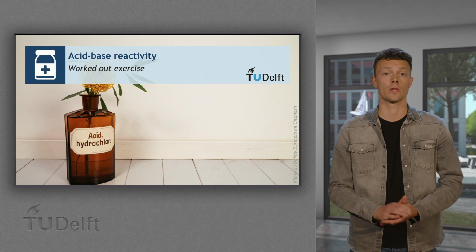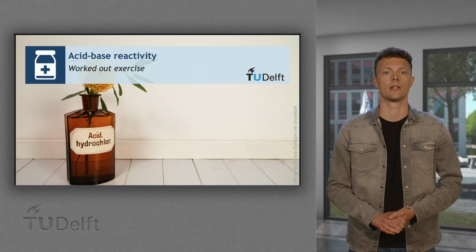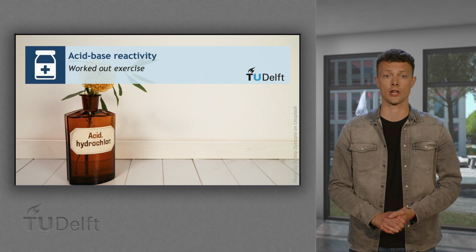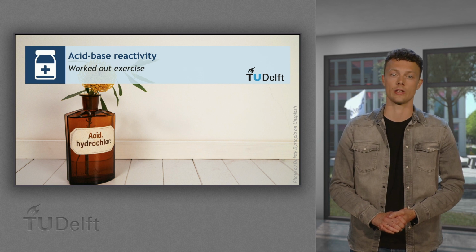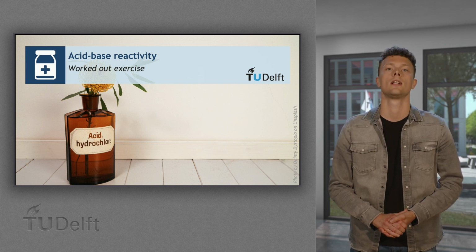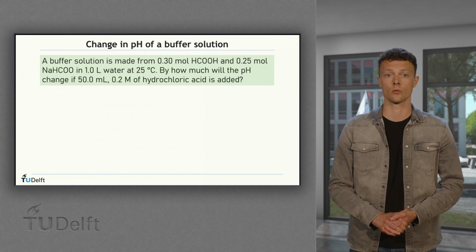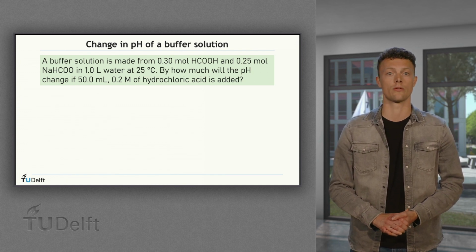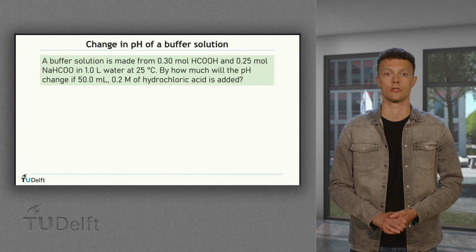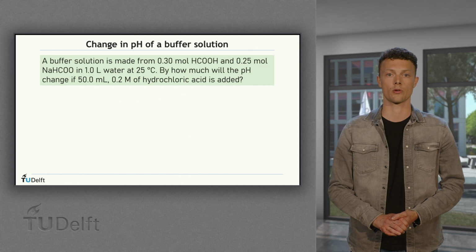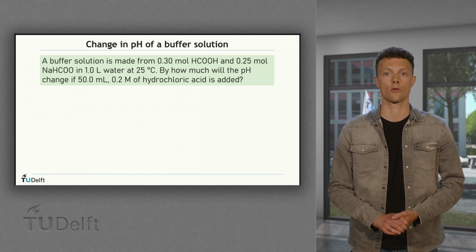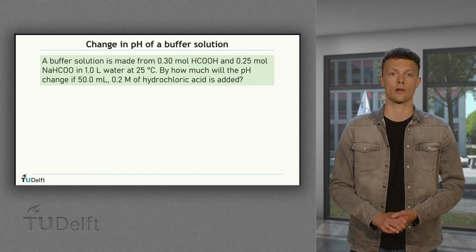Hello everyone! In this video we will work out together an exercise about how to calculate the change in pH when a strong acid is added to a buffer solution. In this exercise the question is to calculate the change in pH when hydrochloric acid is added to a formic acid formate buffer solution. The question is, a buffer solution is made from 0.30 mol formic acid and 0.25 mol